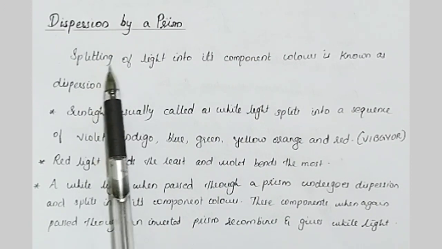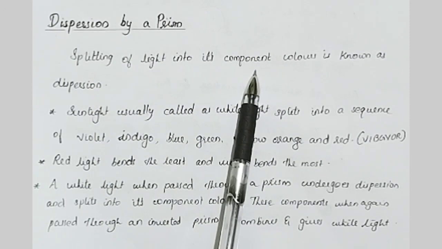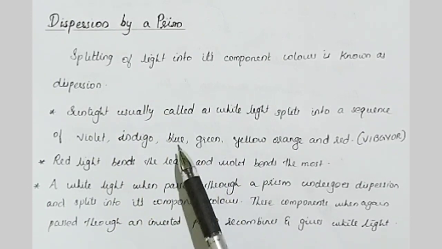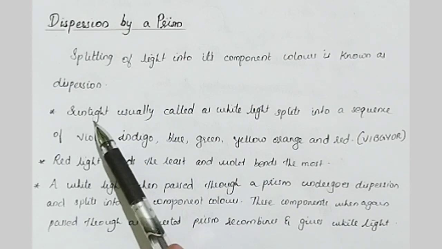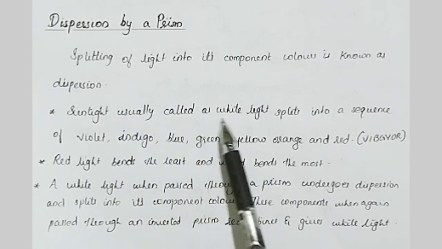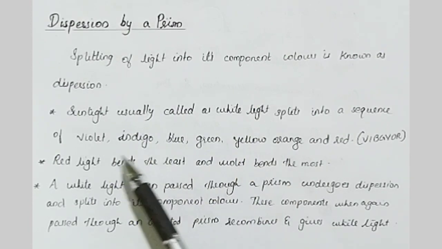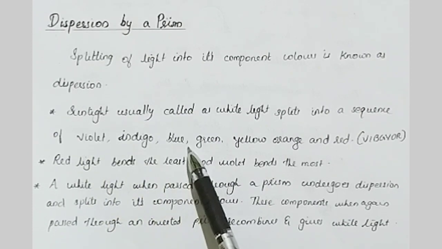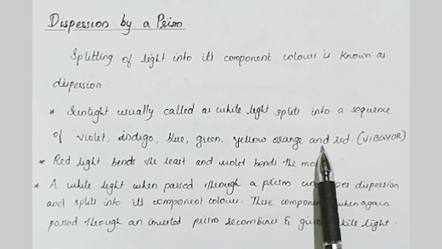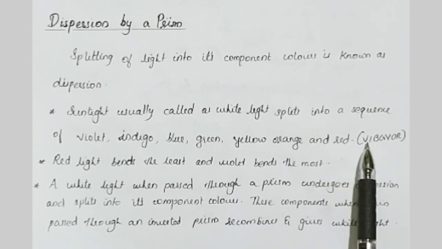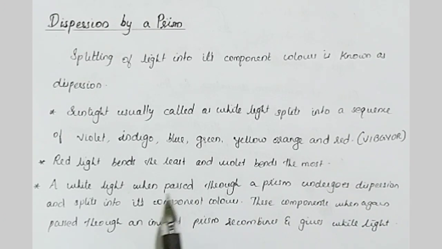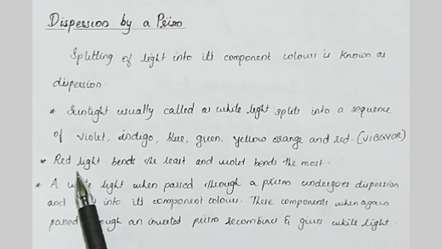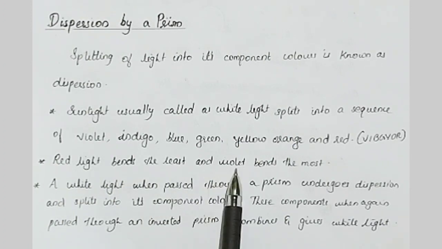Dispersion is simply the splitting of light into its component colors. So, when sunlight is passed through a prism, we can see that the sunlight, which is also called white light, splits into a sequence of colors which are violet, indigo, blue, green, yellow, orange and red, and this is abbreviated as VIBGYOR. And in the obtained sequence, we can find that the red light bends the